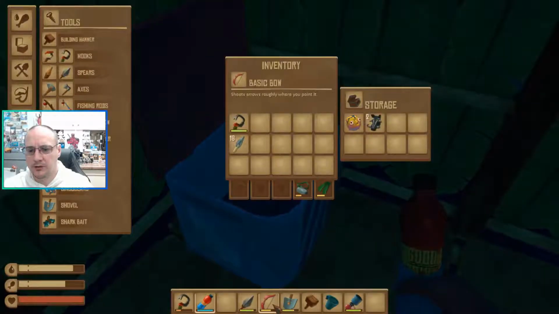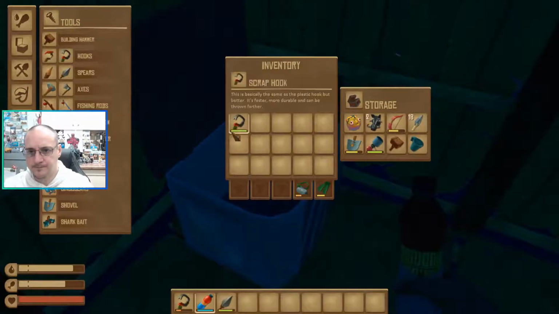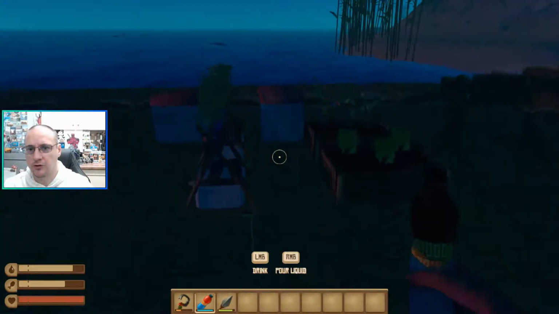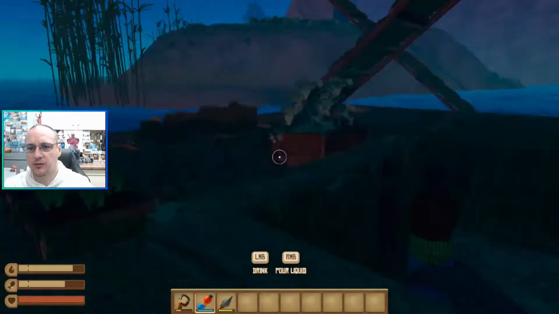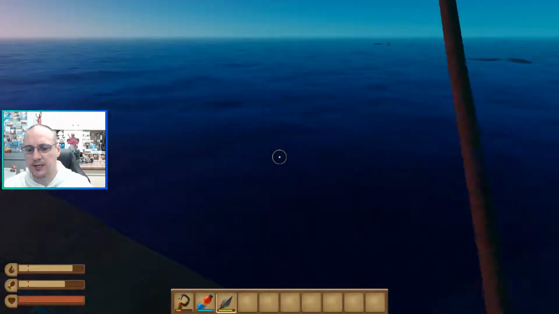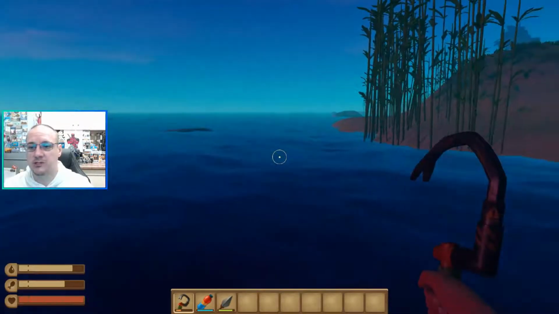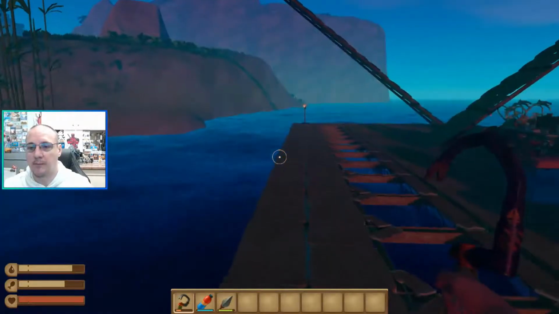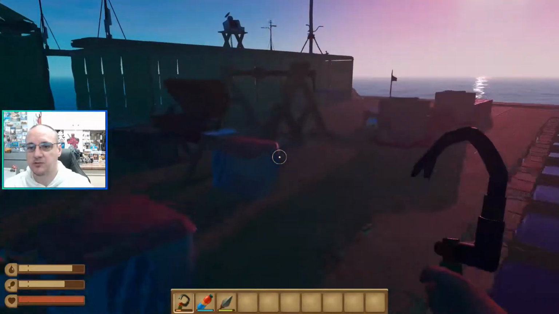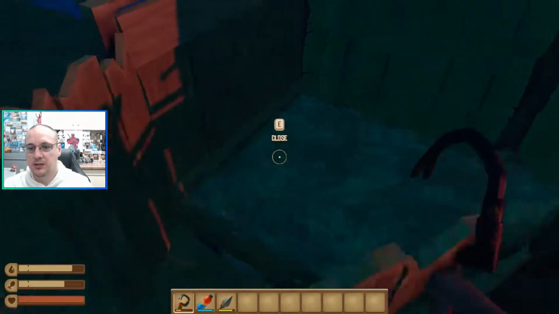And I'm gonna drop off some of this equipment in here because we don't really need it right now. We've got a spare hook, which is good. And yeah, so the resources on these islands are usually pretty good. What we also need is some more puffer fish because we need to create some more ammo for our net launcher to be able to sort of capture things, because obviously we need to